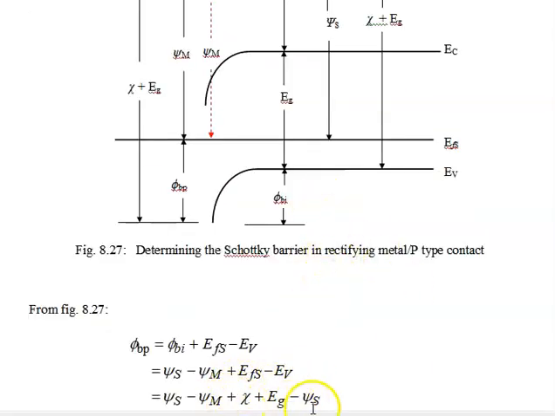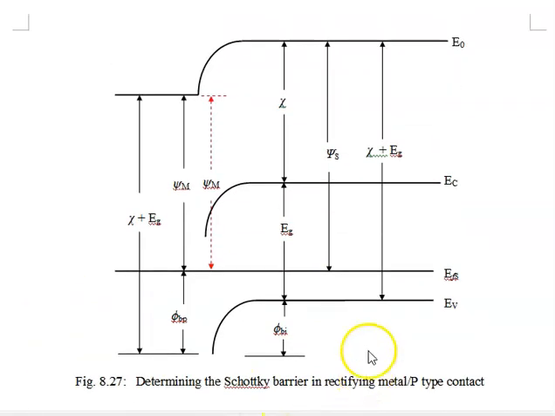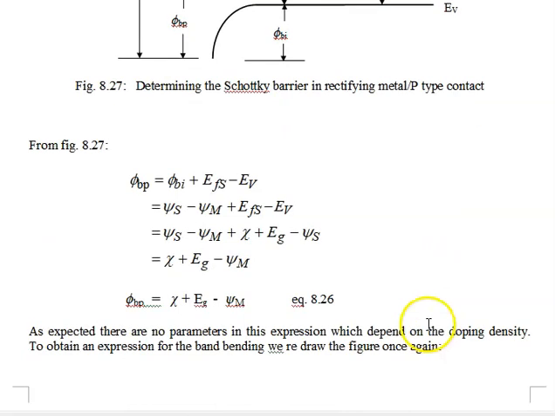Okay, that's this minus phi sub s. And we can see that right here. We take this total distance, we take away phi sub s, what do we have left? Right there. And that's what we're looking for. The difference between the Fermi level and the valence band edge. So we put all that in, we see phi sub s over here, phi sub s over here, we cancel